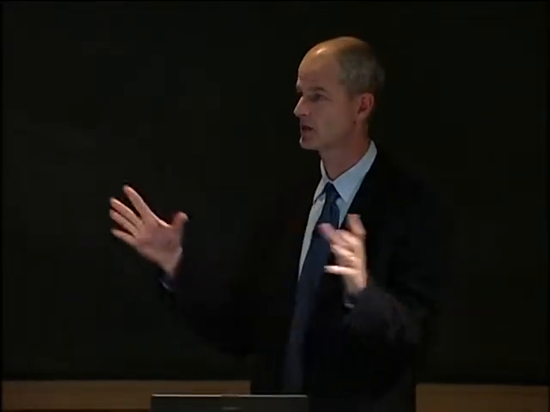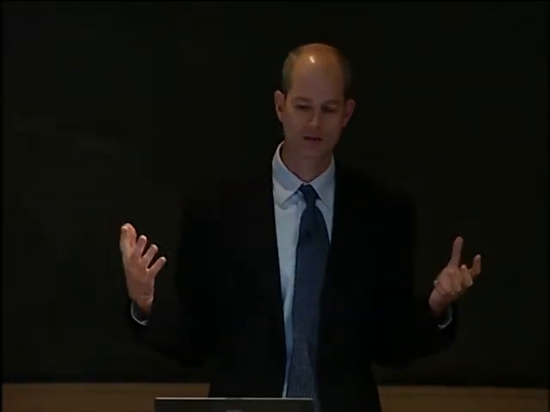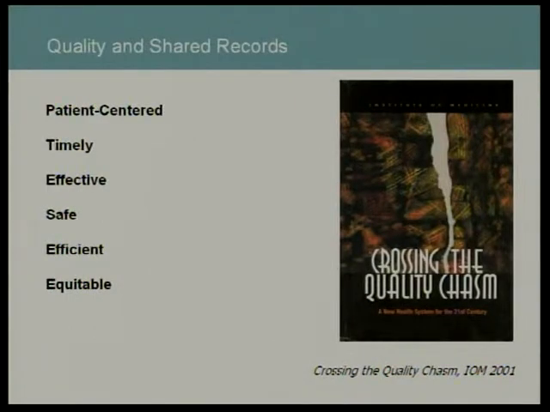So that's the landscape right now. I want to talk a little bit about what do we know so far about sharing these records online with quality. And to do that, you need a framework for what is quality of care. The IOM report helped us define that better, I think, than anyone else. And they really said quality of care is more than just, are you getting health outcomes? It's also about the experience of care and other issues. And they defined it as 6 quality aims that we're shooting for. Is care patient-centered? Is it timely, effective, safe, efficient, and equitable?